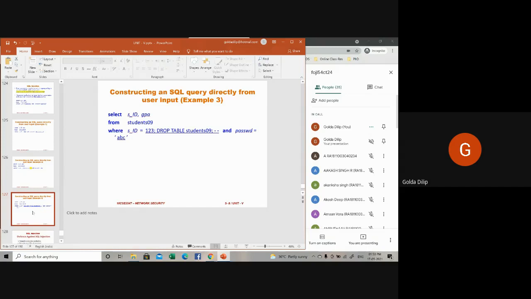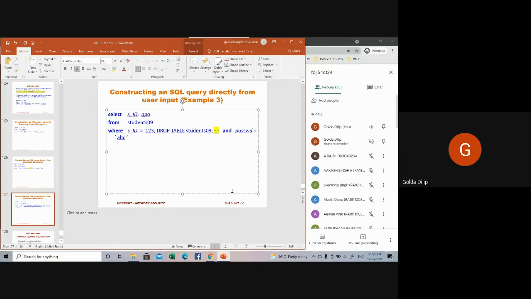You can see here a third example. Here the first part of the where clause contains a second SQL statement, followed by a comment symbol. That second SQL statement is drop table student 09, followed by this comment symbol.